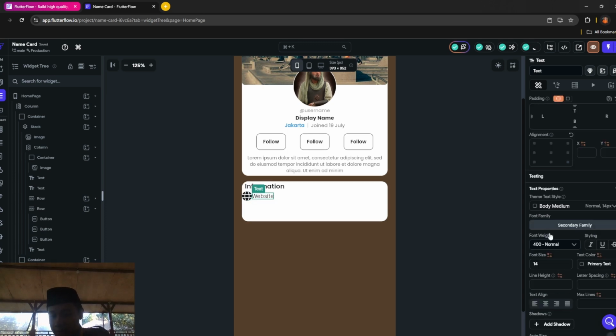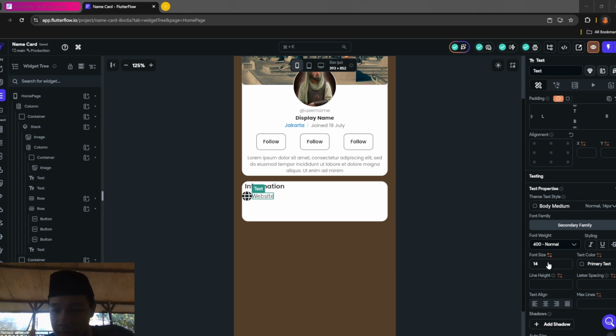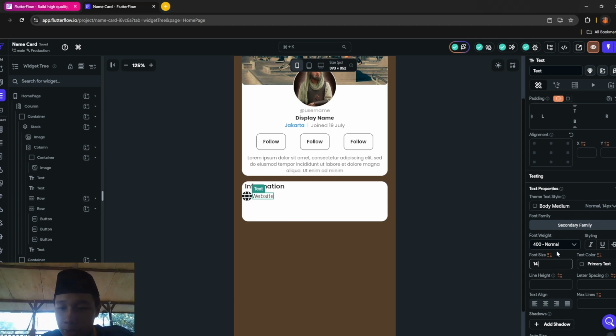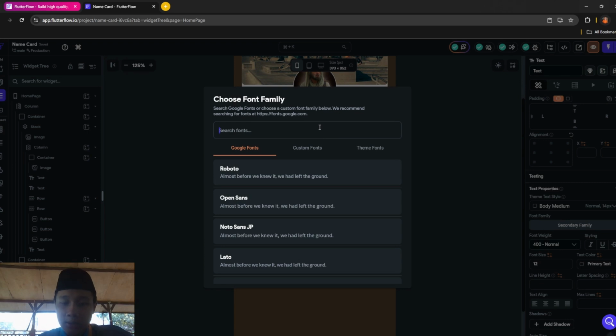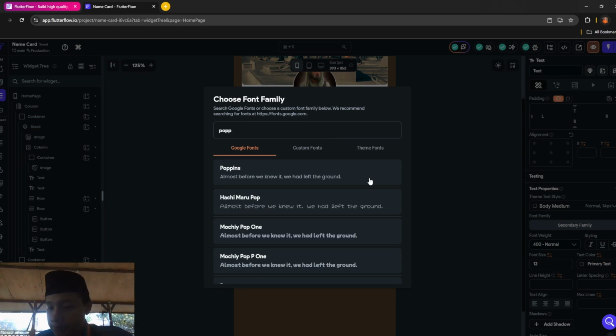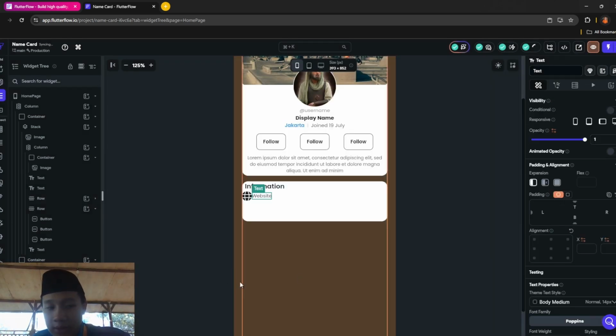Change the font size to maybe 14, so 14 or 12. Okay, that's great. And then Poppins. After that you want to add a little padding here, maybe 5.